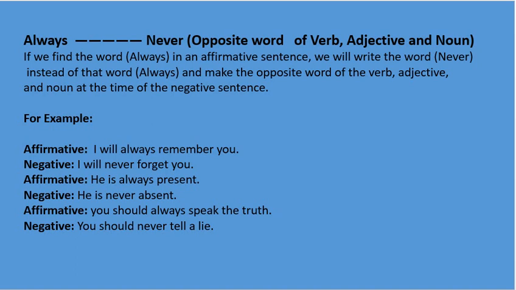If we find the word always in an affirmative sentence, we will write the word never instead of that word always and make the opposite word of the verb, adjective and noun at the time of the negative sentence. For example,